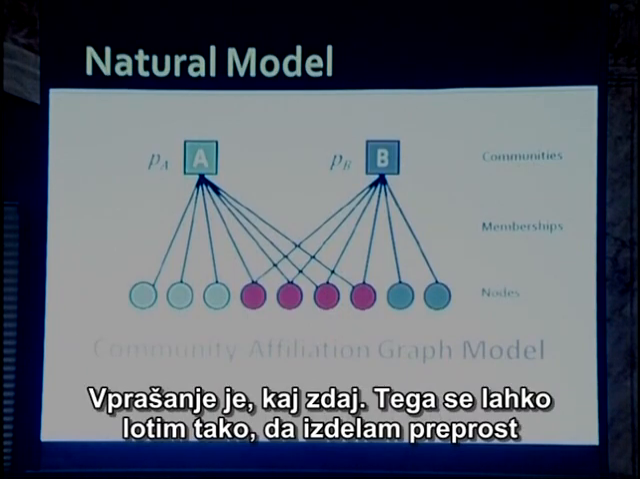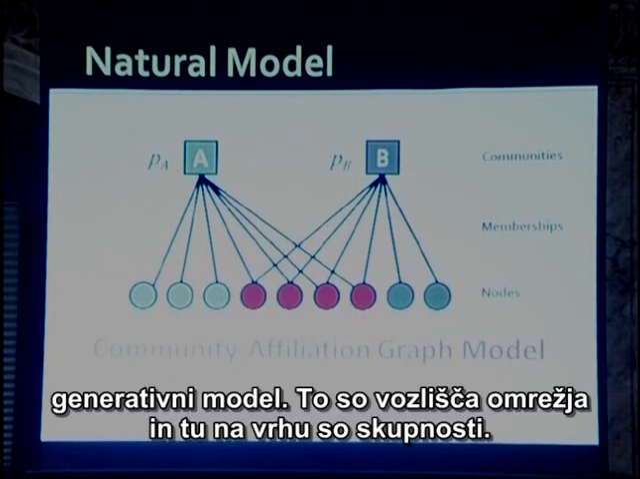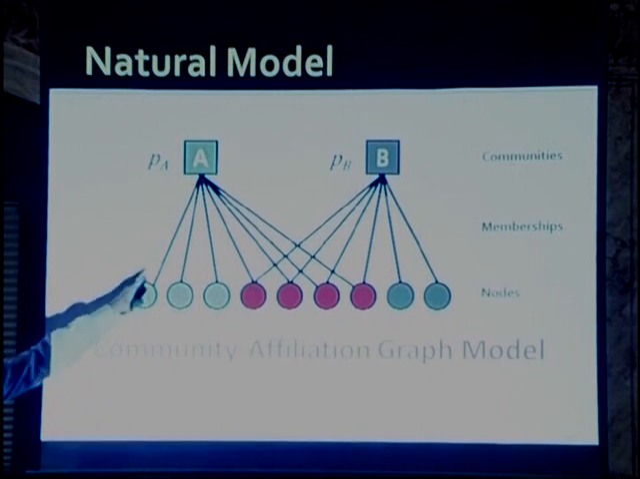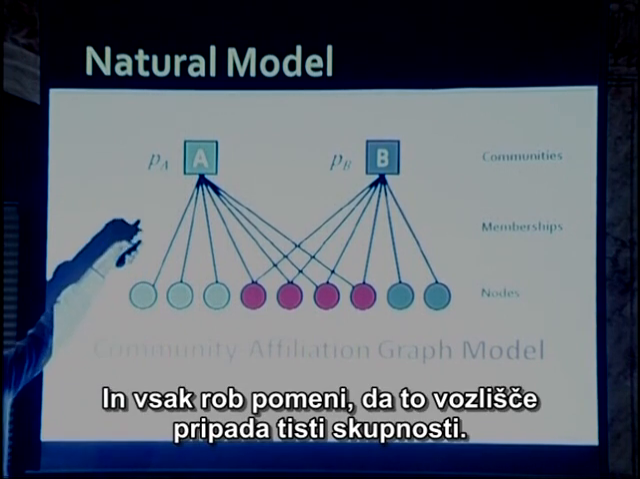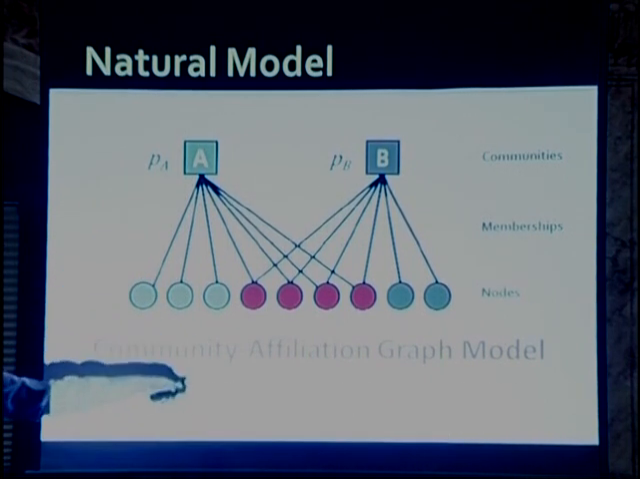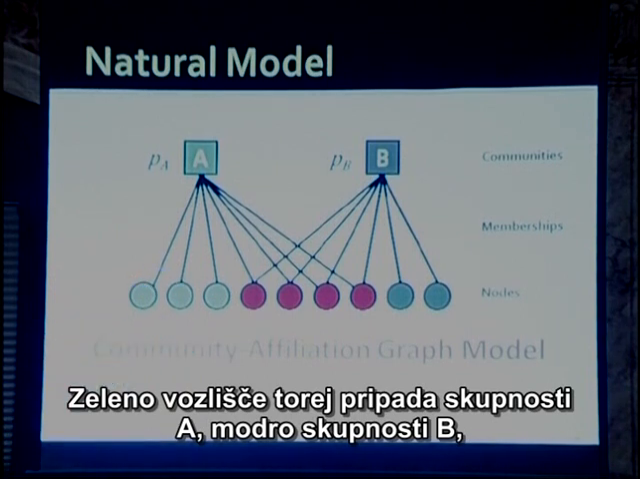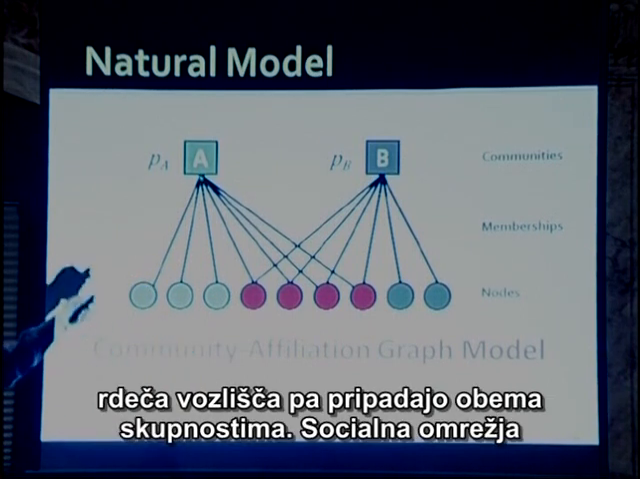And the way I can attack this is to come up with a simple generative model. So the way I can think about this now is the following. Here are my nodes of the network, and here on the top are communities. And every edge means that this node belongs to that community. So green node belongs to community A, and blue node belongs to community B, but red nodes belong to both